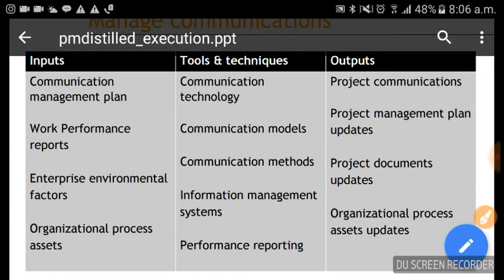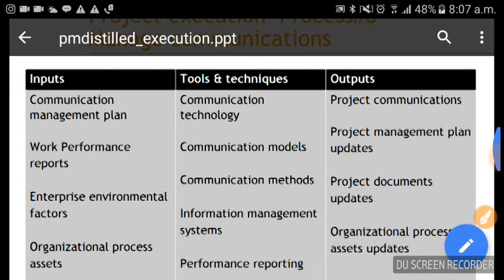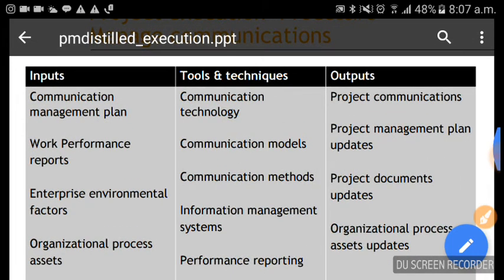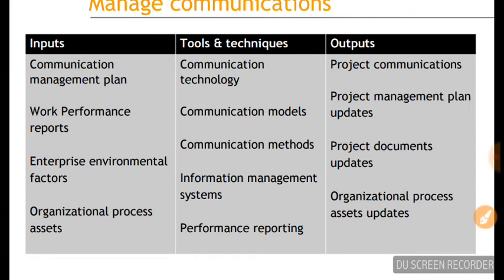Information management systems we already discussed. Performance reporting, that is about sending the weekly reports, monthly reports, all those things. Outputs: we have the project communications, project management plan, project documents updates, and organizational process assets updates.